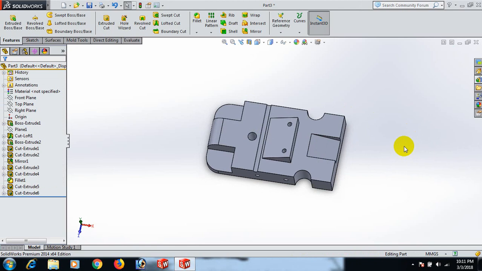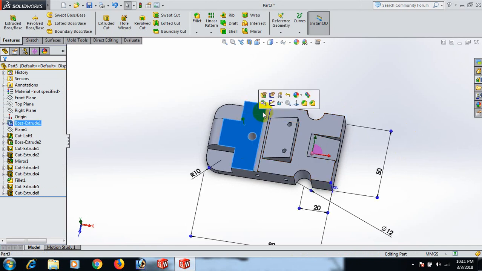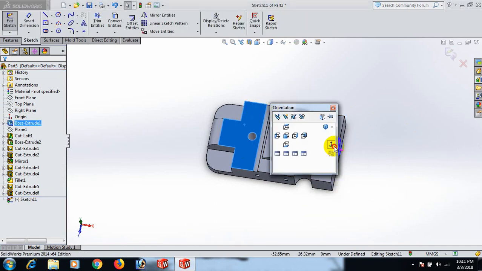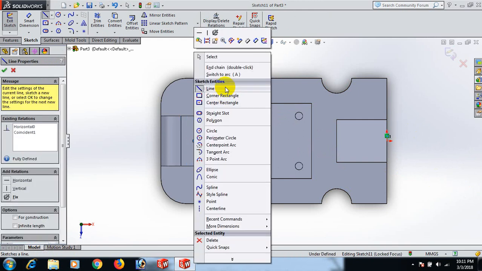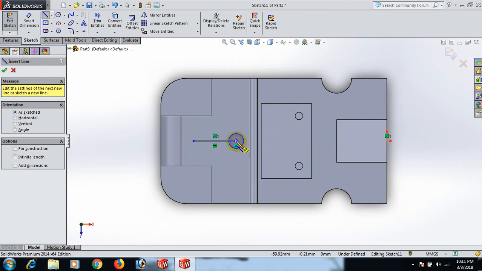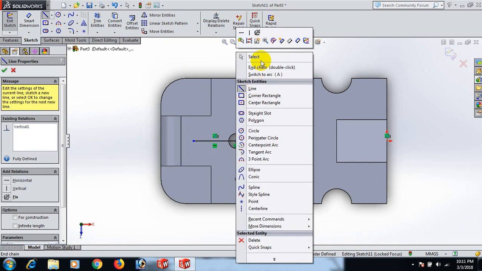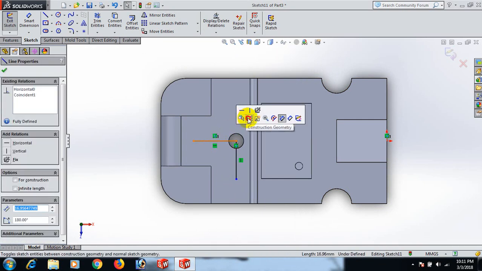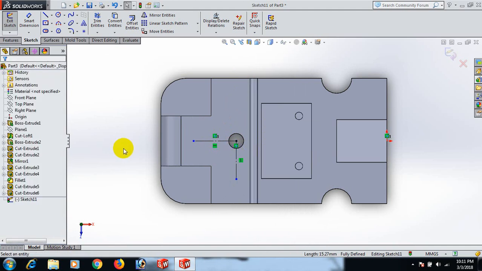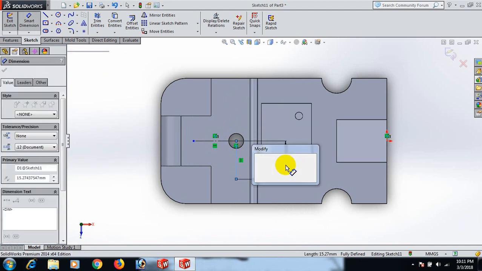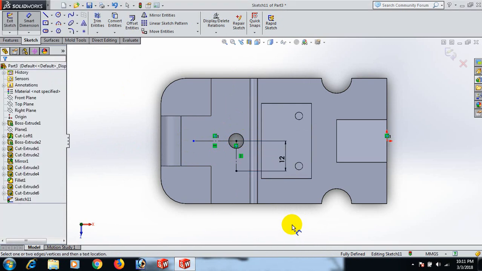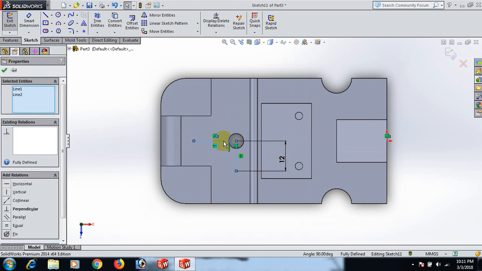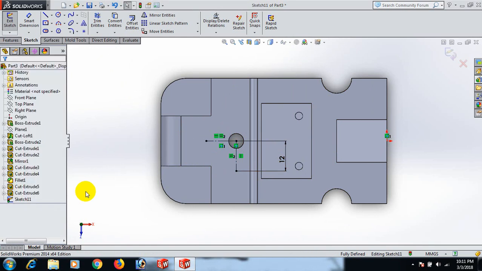now this plane sketch, go to normal tool and draw the center line here and here. Select this line center, make this line center, make this line dimension 12. Select this line, control this line equal. Okay,